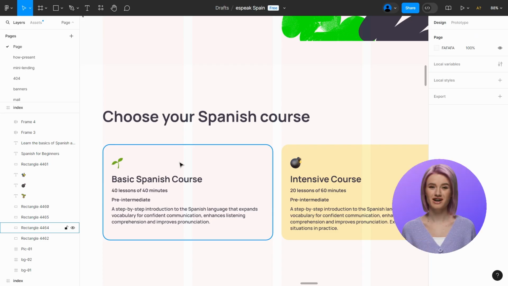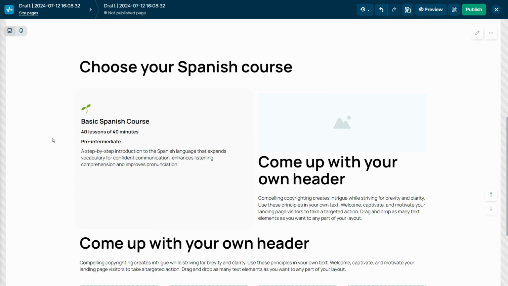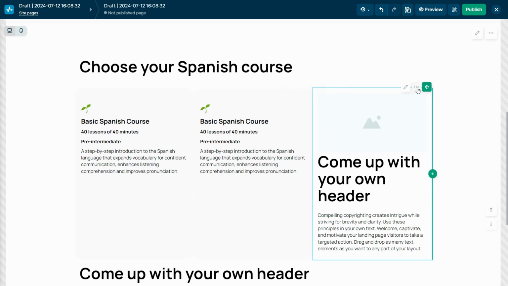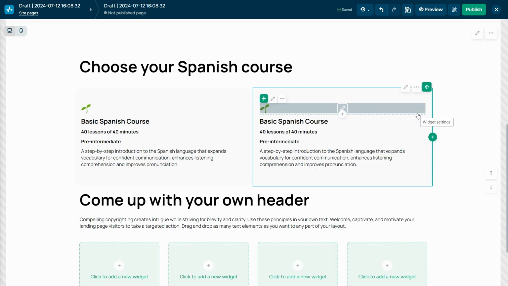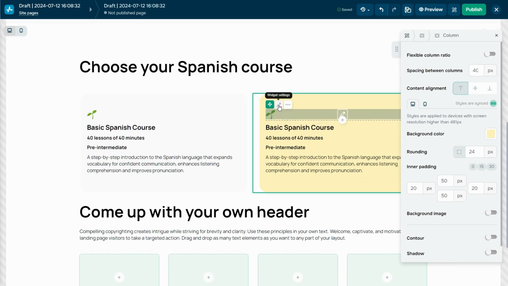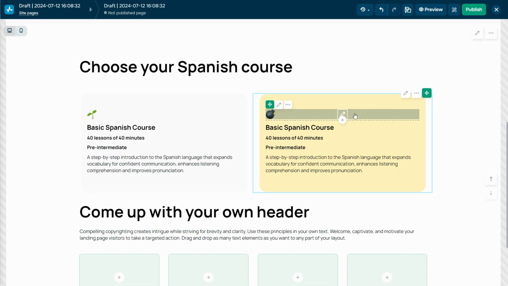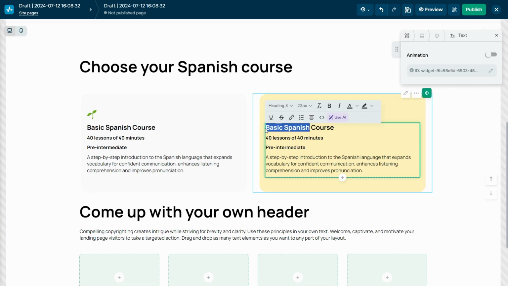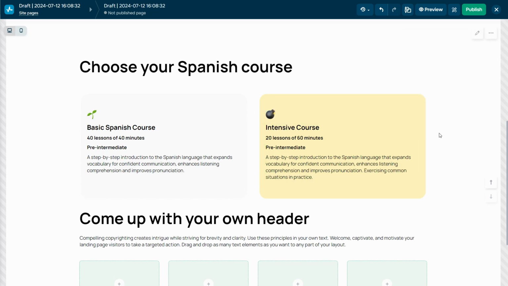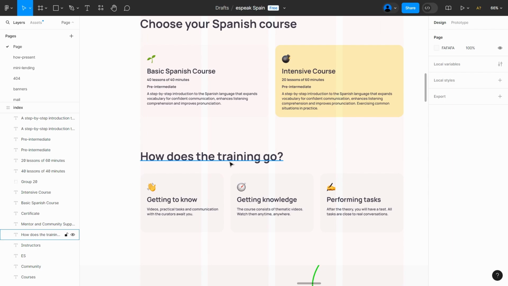The two cards use the same basic settings, with just the content and background color differing. Therefore, to save time on the second card, copy the first column, delete any placeholder content, adjust the spacing between columns, and update the new card with a different background and image. Upload the icon you need to the file manager, then customize it to fit your design. Let's move the title and description, then customize the style to match the first card. The second card is ready. Now let's continue adding the remaining cards to this block using the same approach.